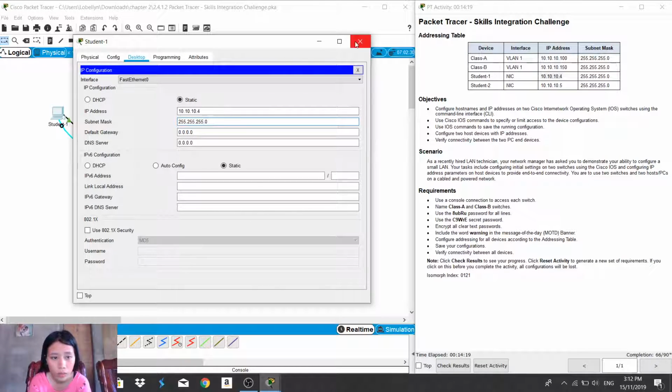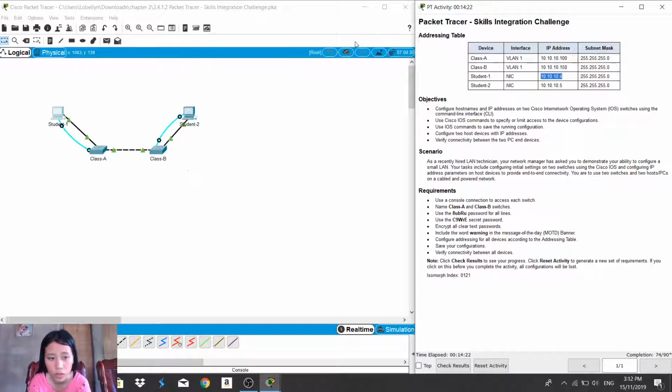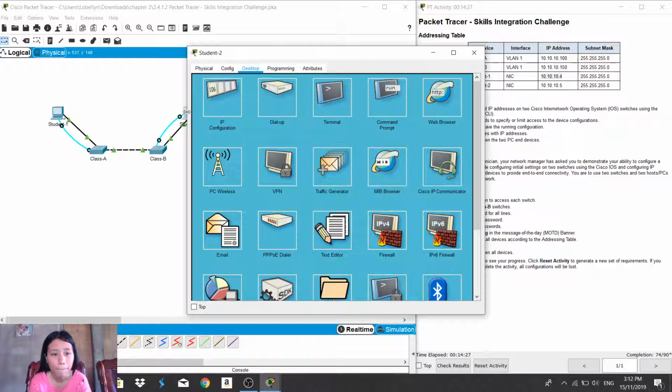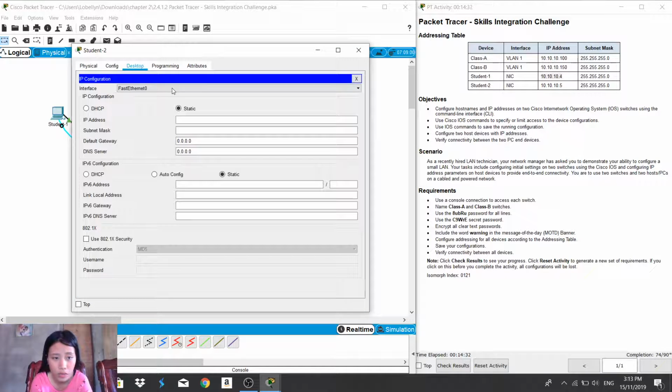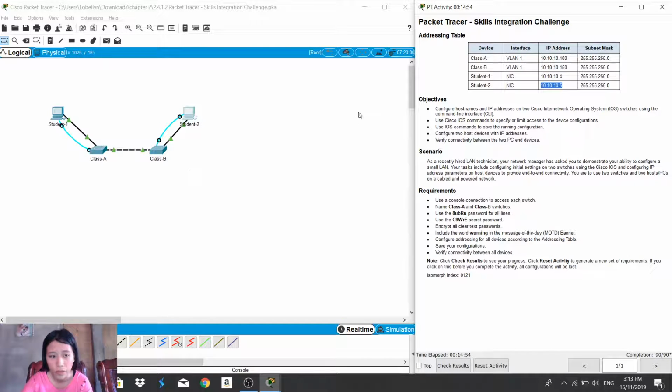So now going to this one. Then I'm going to again put the IP configuration for this, the IP address of that. So for this student 2, I'm going to put that one, 10.10.10.5. Going to put 255. So now